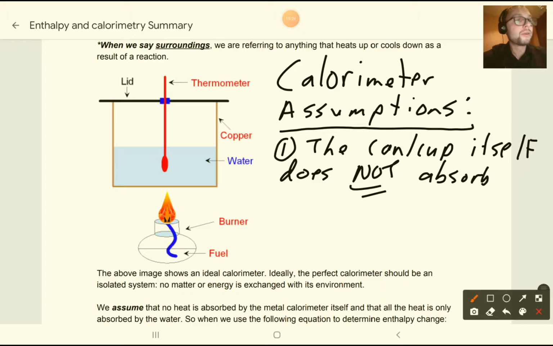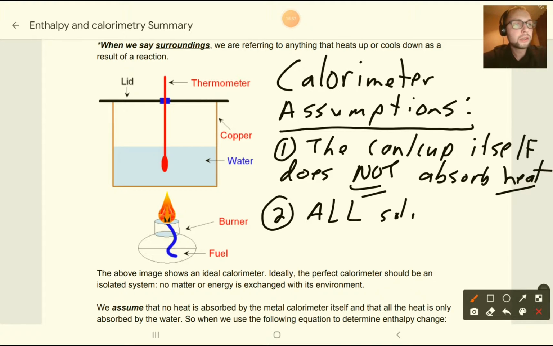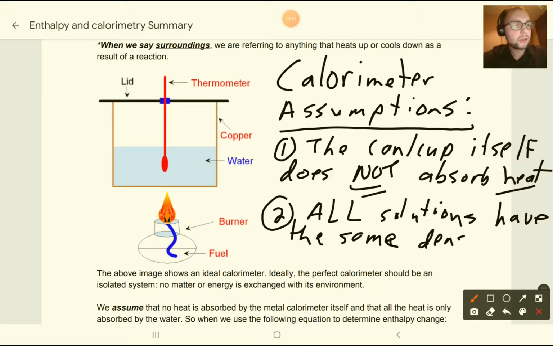We know it does, but for simplicity, we're going to try and pretend that it doesn't. And the other one is that all solutions have the same density as